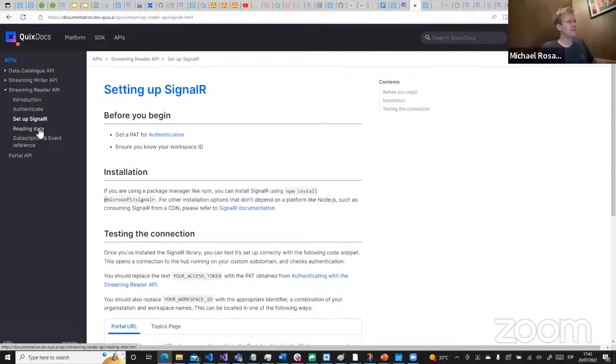All right. So this is called a streaming reader, which implies the client is reading, but it's actually more of a push mechanism. It's more like Quix is pushing data constantly down to the client. Yeah, exactly.